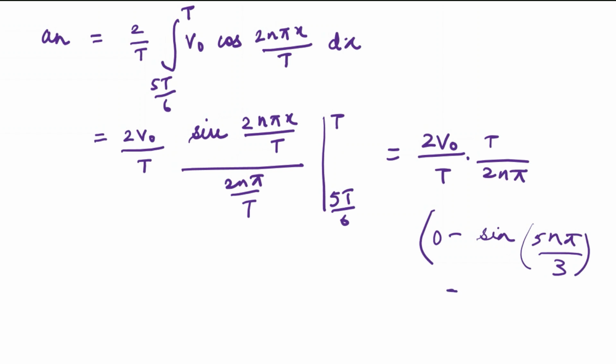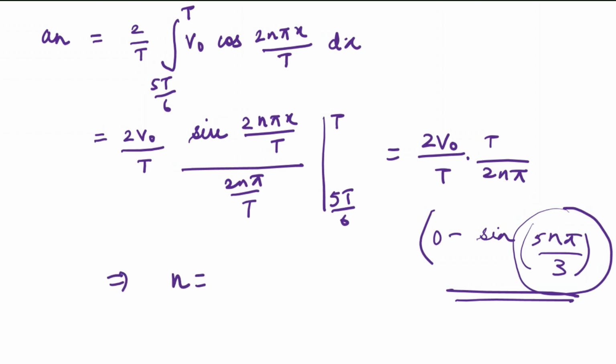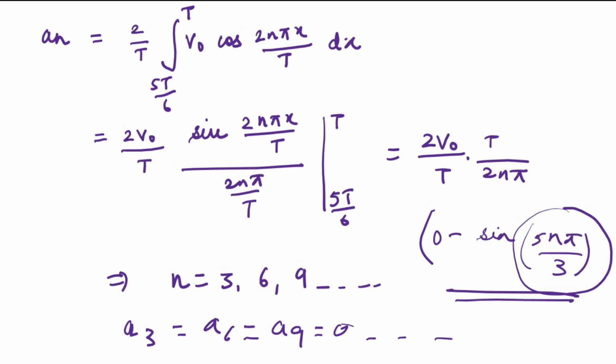Now look at this term. This term will be 0 if this angle becomes an integral multiple of pi. So for that, n has to be 3, 6, 9, and like that. So A3, A6, A9, these terms will be 0. But you don't have to stop here. We also have to calculate Bn, and then we will see for which value of n, An and Bn both become 0. Now finding Bn,